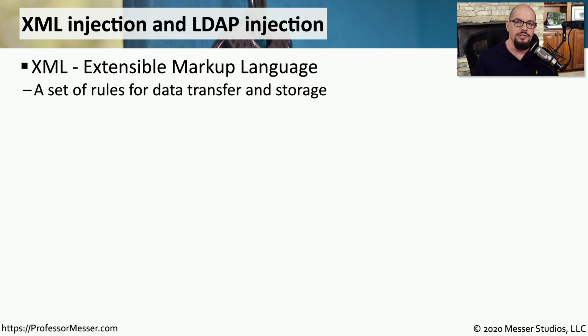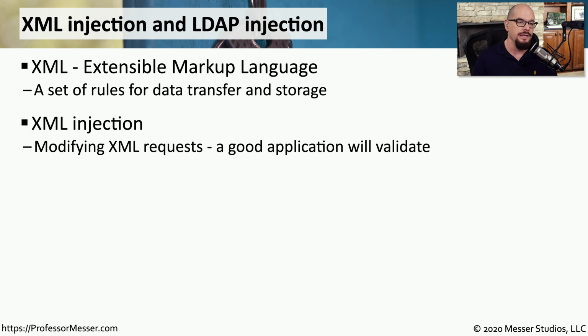There are other types of injection attacks you might see. Another one might be with XML. XML is the extensible markup language. It's very commonly used to transfer data between two different kinds of devices, and you can perform an XML injection by sending this malformed XML off to a separate device. Obviously, a well-written application will validate that XML as it's being put into the system.